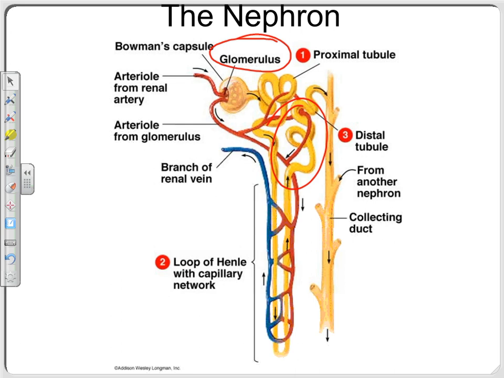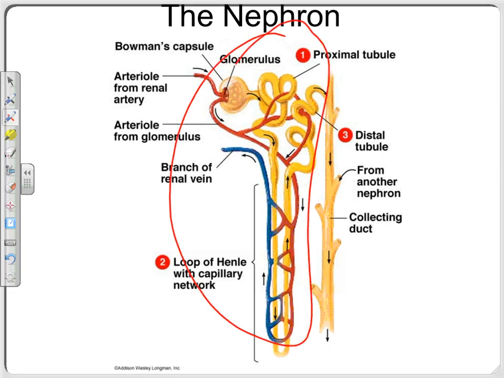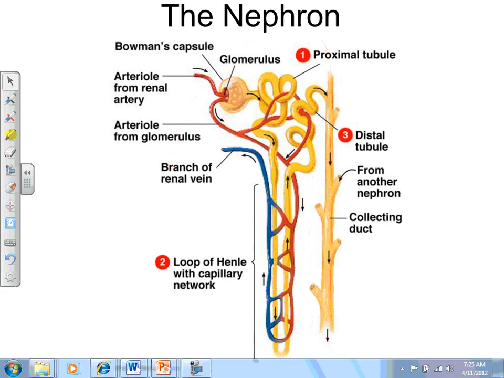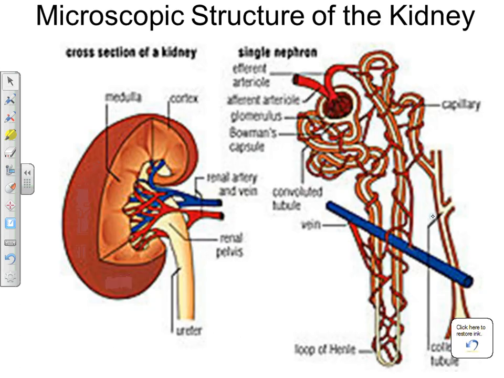Remember, there are millions of these little filters, these nephrons, in your kidneys. So all of these eventually dump into these collecting ducts. They dump the urine that they made into these collecting ducts. And eventually, all these will merge together and lead to this area right here inside the kidney. And notice that if those blood vessels were moved out of the way, what would that area look like? It would look like a big funnel.